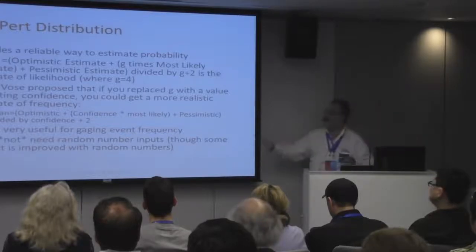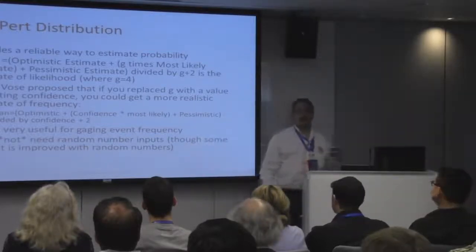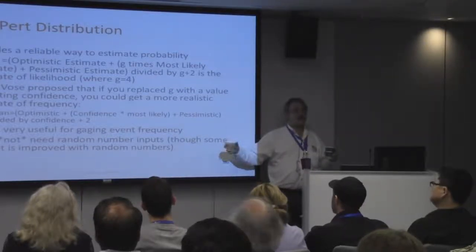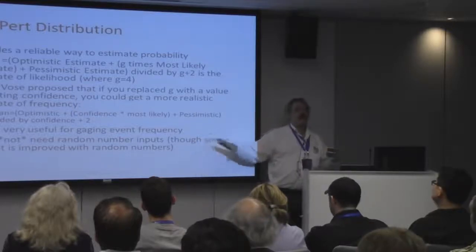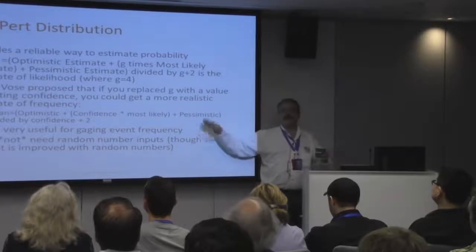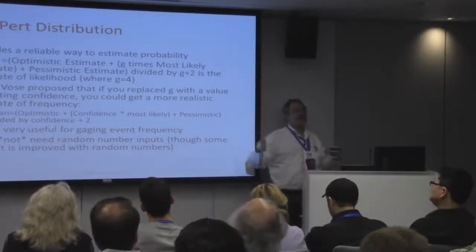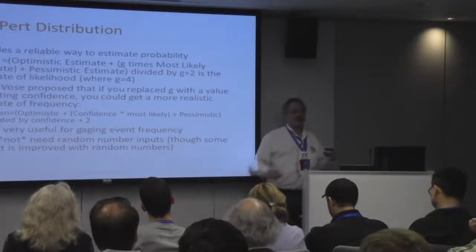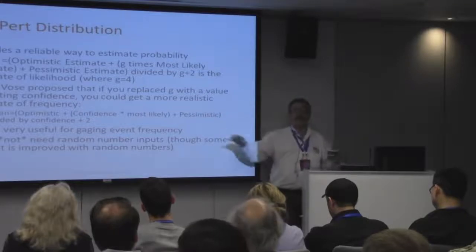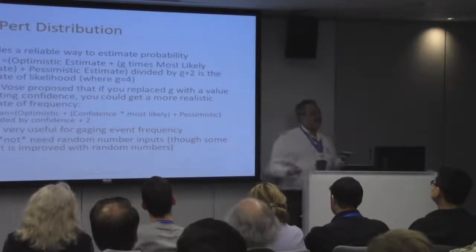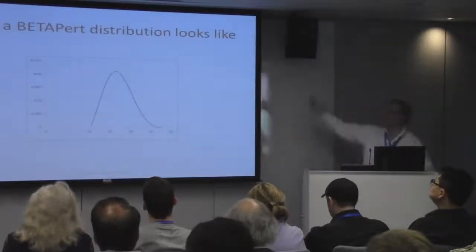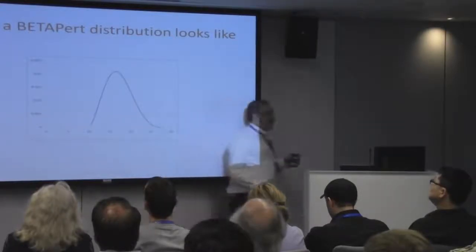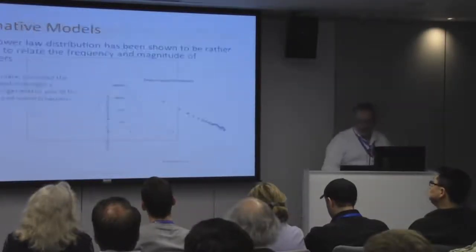Now, there are some people who think that PERT distributions need random number inputs. Namely Microsoft, they give you these great formulas for PERT built into Excel that depend upon random number inputs. Other people disagree with that. One of the reasons why I went with ISO 27005 is the idea that the measurement should be consistent over time, and that does not depend upon random numbers. Other analysts think that no, you need to introduce randomness into this. Make your own decisions and go. This is what a beta-PERT distribution looks like, and the target you're trying to hit is that number right there. That is your mode, that is the number that you want to hit.